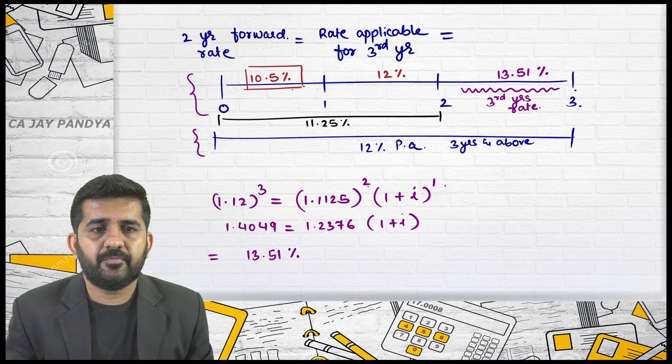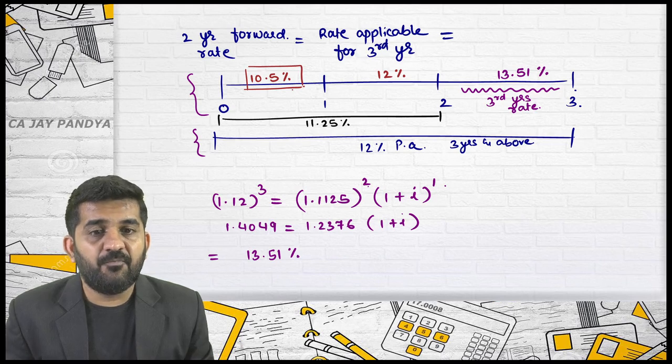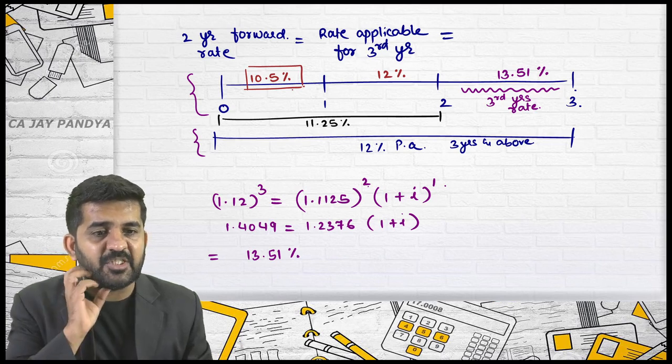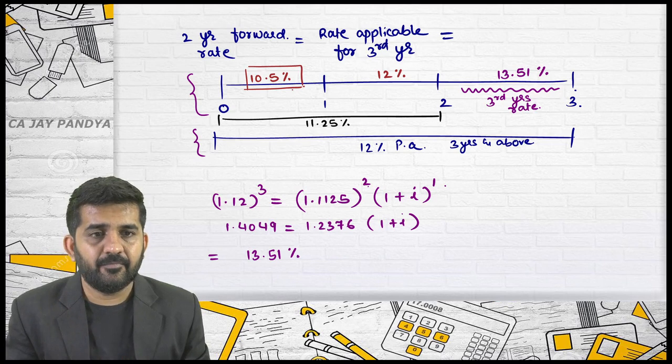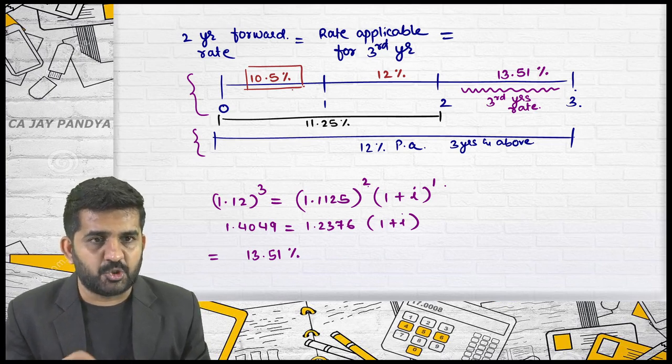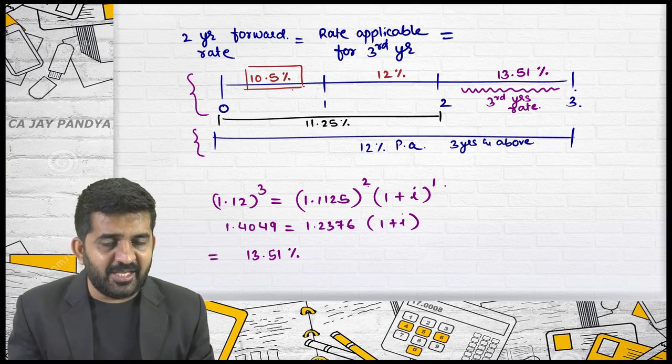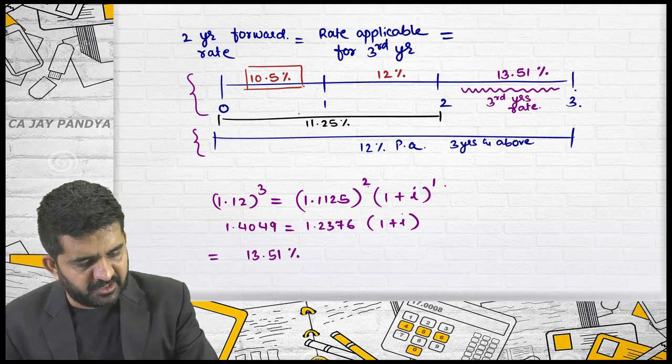Debenture rate, loan rate for the first year. Alright, if I am investing in debentures, then it is my interest rate for the first year. If you are making an investment at the end of year 0, that is today, what is the rate? 11.25 percent.